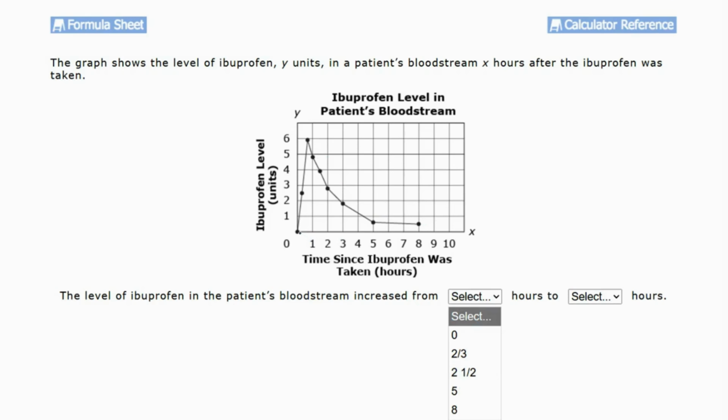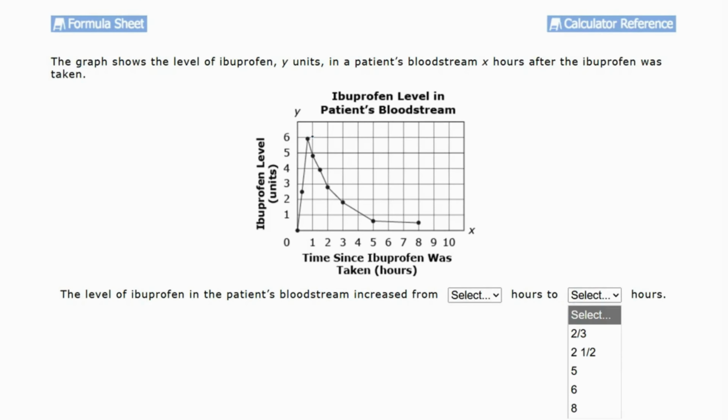There is an increase from 0 to this much. So that means the increase is from 0. Increase is going to be from left to right. So that is from 0. So that means you can select the answer as 0. Now next one is hours to